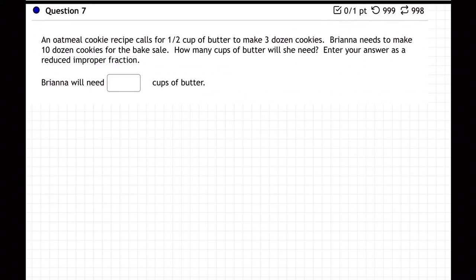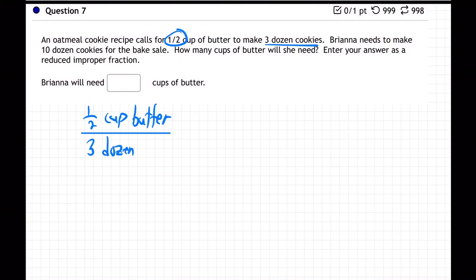So what we're going to do is set up equal fractions. It's a half a cup of butter for 3 dozen cookies. Let's write that. Half a cup of butter. And you don't have to write all the words, I'm just doing it to make it really clear. Half a cup of butter for 3 dozen cookies. I keep doing that, don't I? All right, there we go. 3 dozen